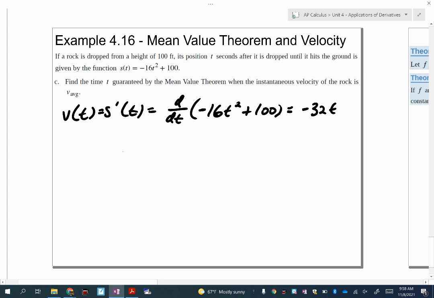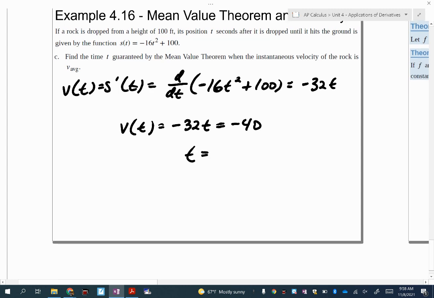So let's do the velocity at this t value, right? Negative 32 times that t must be equal to the average velocity, which is negative 40 feet per second. So if I solve for that t, that's going to be the time at which the instantaneous velocity of the rock is the same as the average velocity of the rock over that entire time period. All right, so if I divide negative 40 divided by negative 32, I get 40 over 32. We can divide both of these by 8, and you get 5/4, which is